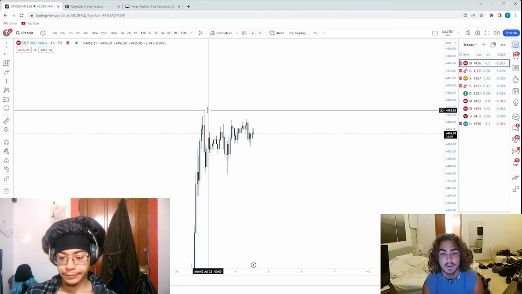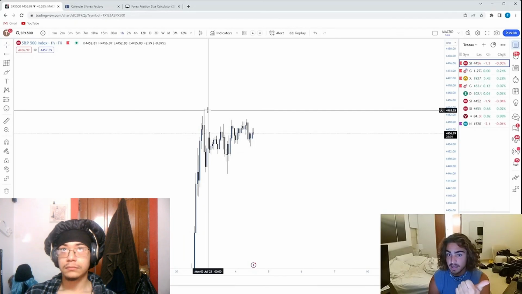And now I want to talk about figuring out what lot size you want to use. And there's essentially 3 strategies. There's using a set lot size for every single